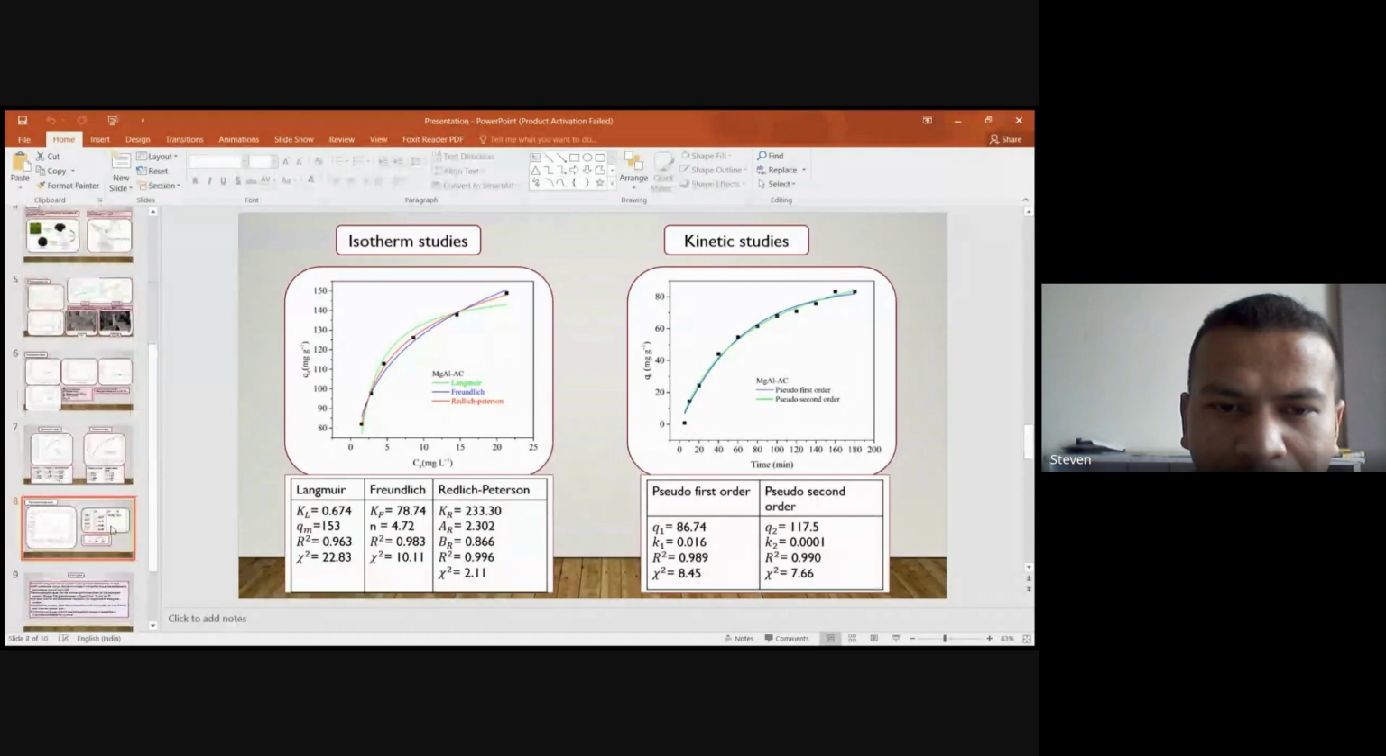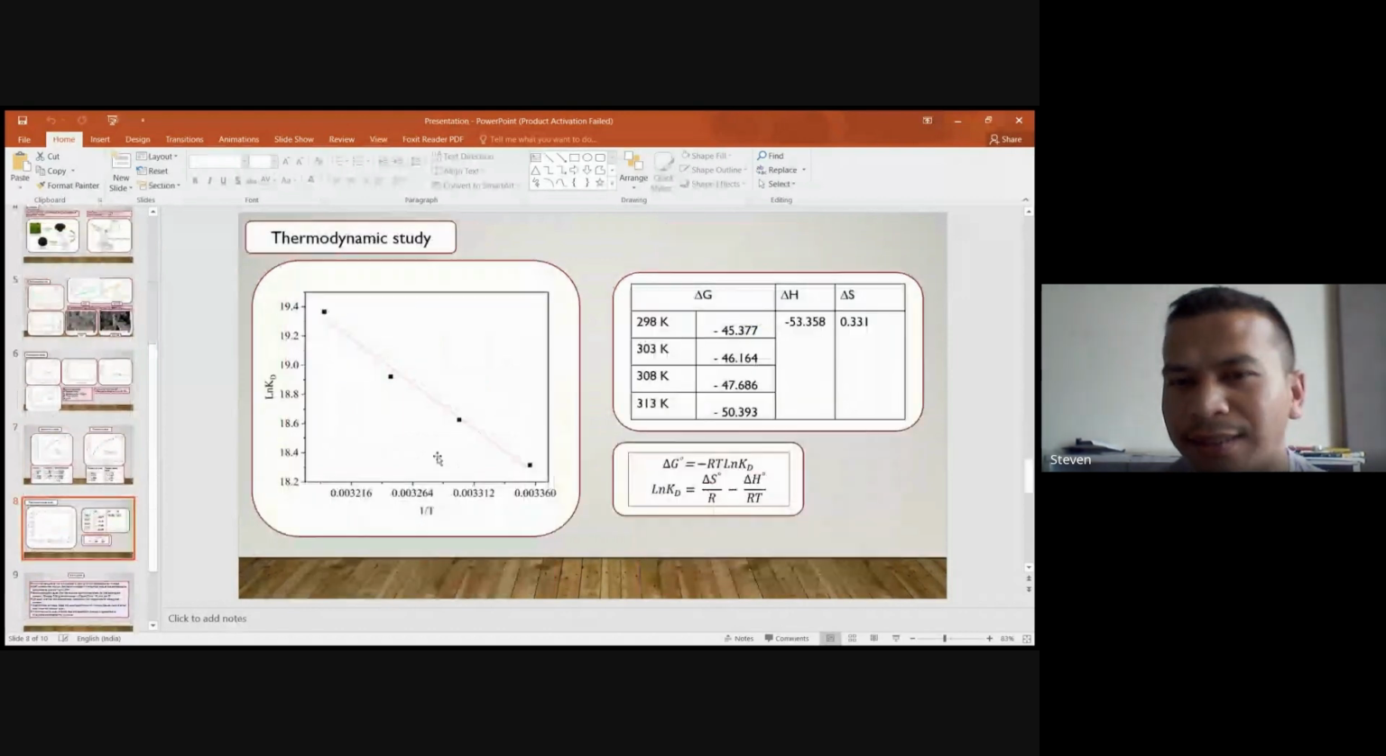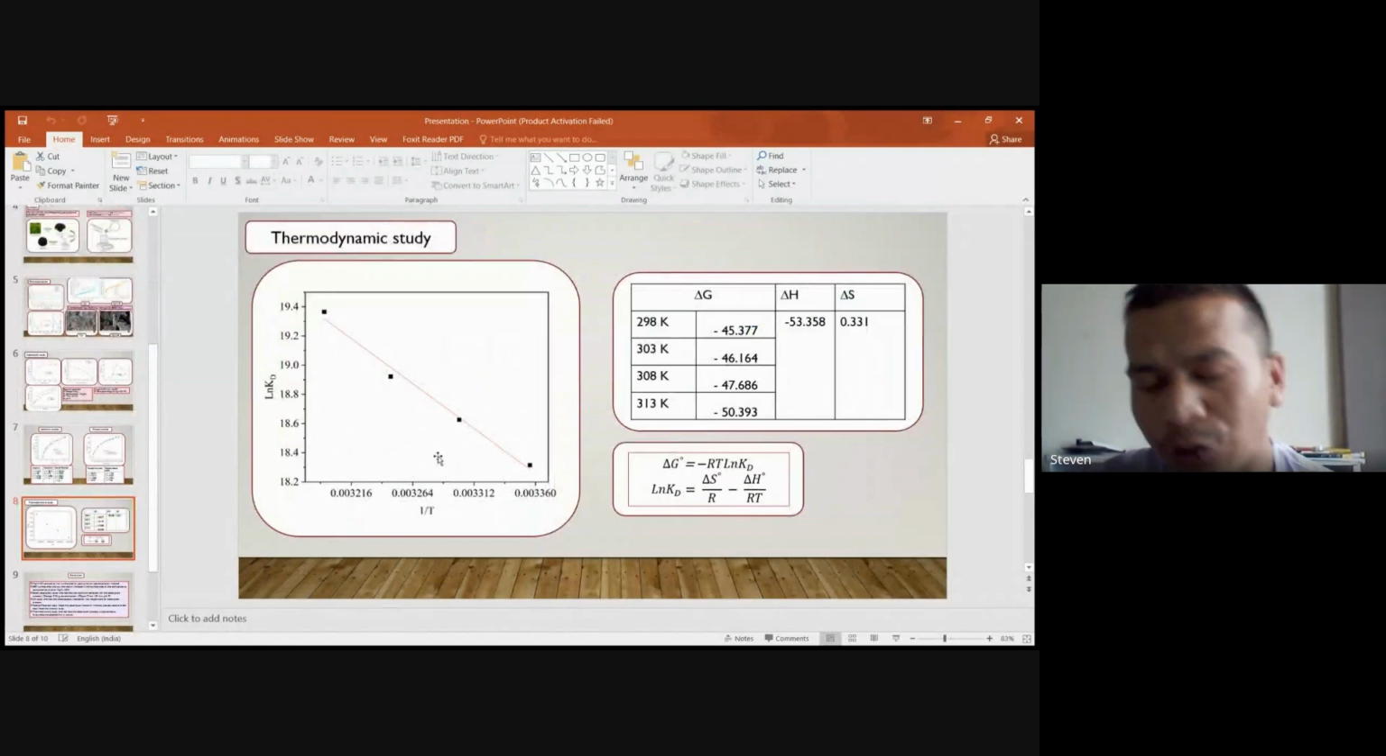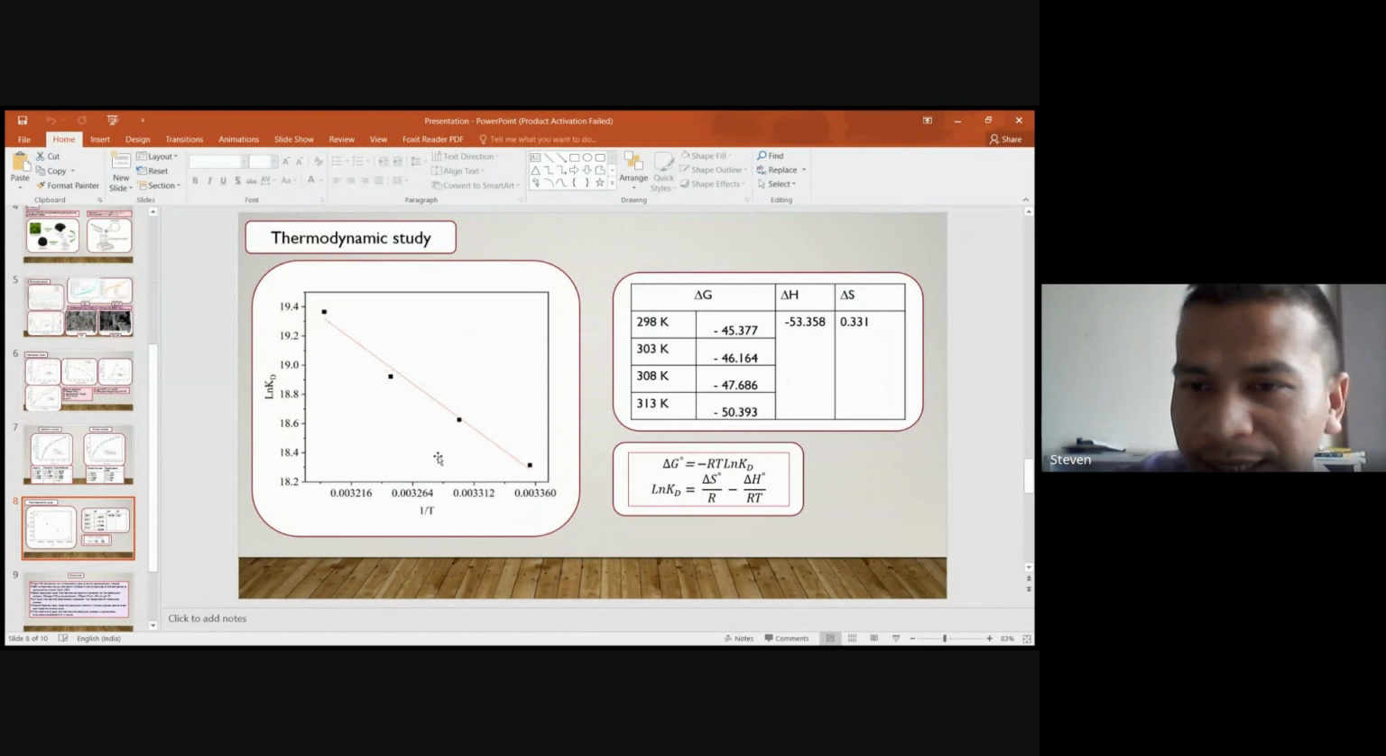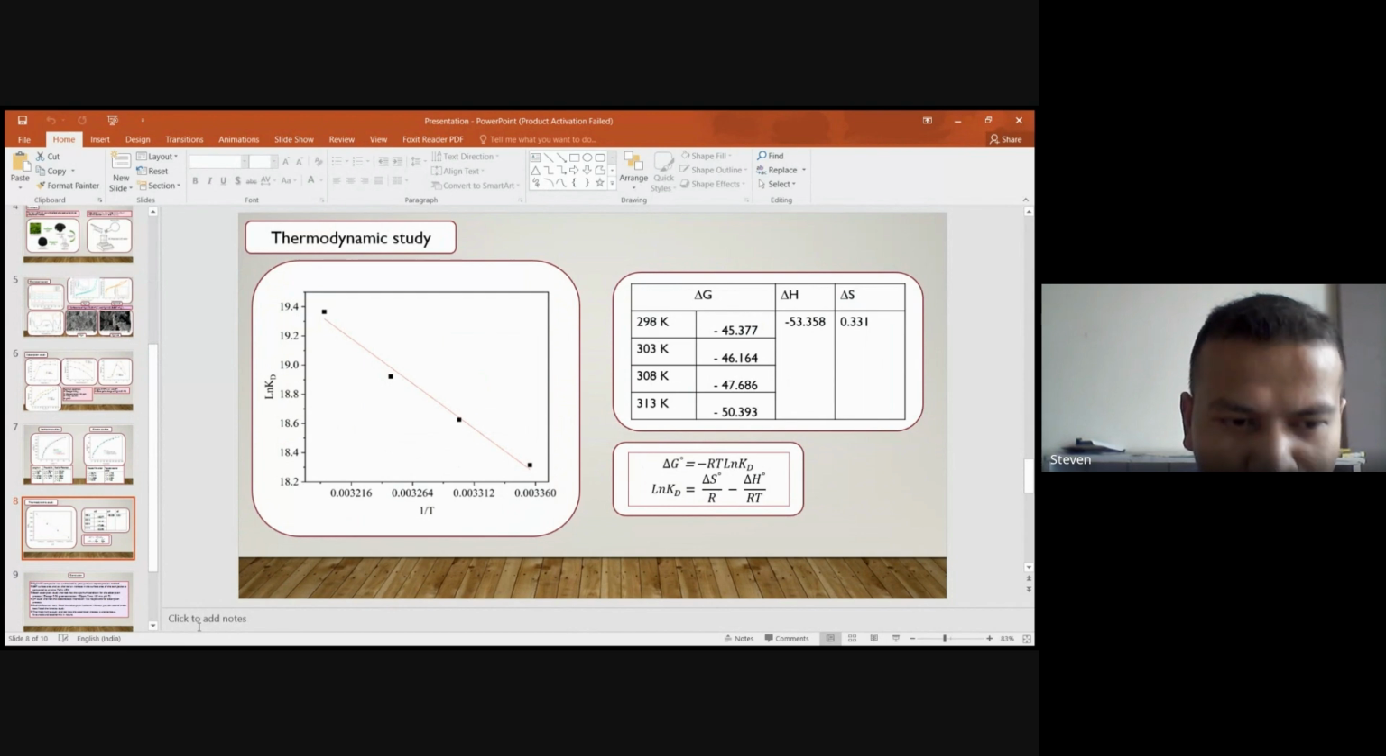Now, the thermodynamic study shows that delta G is a negative value, indicating that the adsorption process is spontaneous. Delta H is also a negative value, meaning that the adsorption process is exothermic. And delta S, the entropy, is positive, meaning that at the interface of the adsorbate and adsorbent, the disorder increases. So in conclusion,